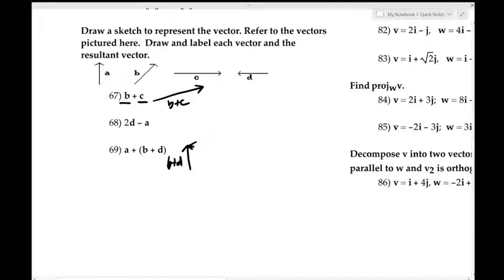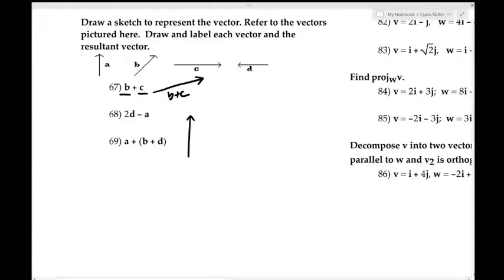If I am to erase everything and then add the a, which is, I don't know, pointing straight up, this is a, then the resultant will be this vertical line that was left over. So something like that. Oops. So that was a plus b plus d. Kind of tough to keep up with, but